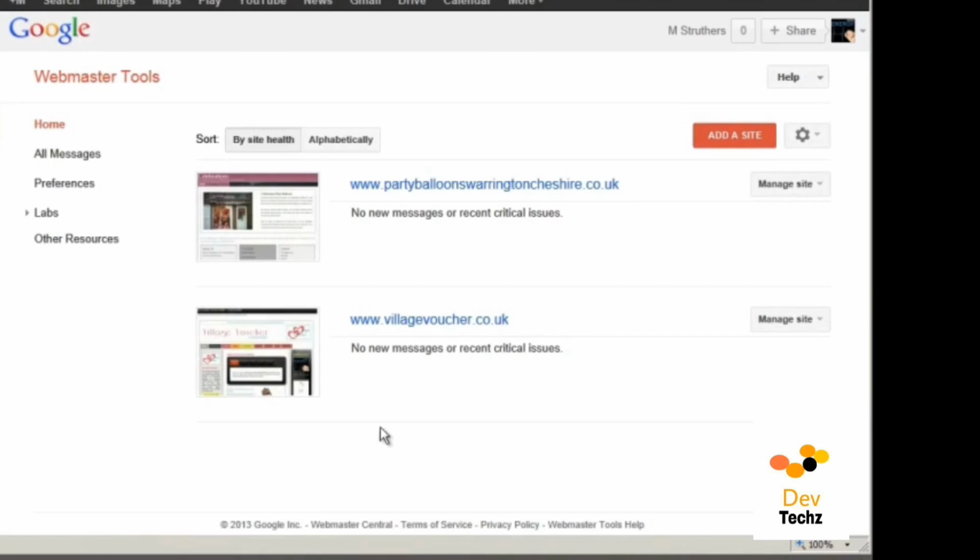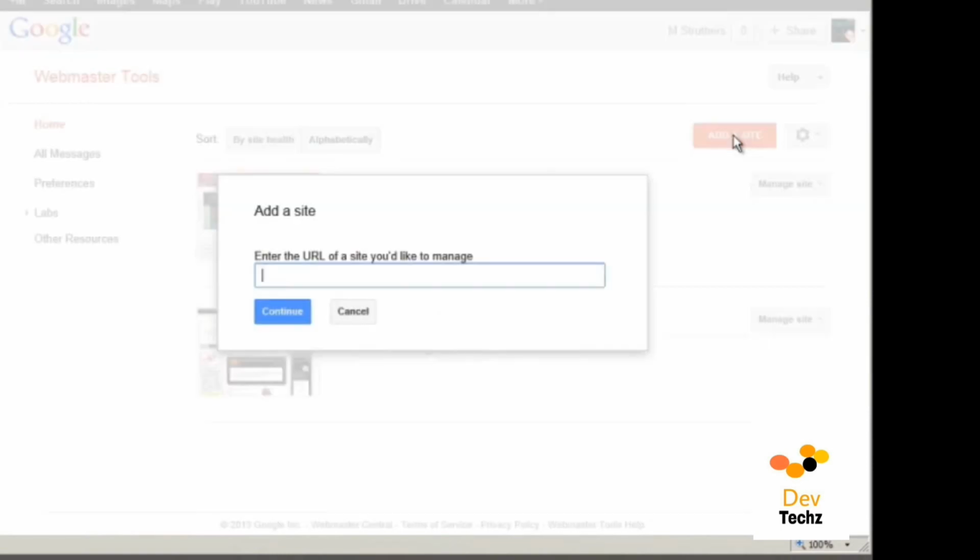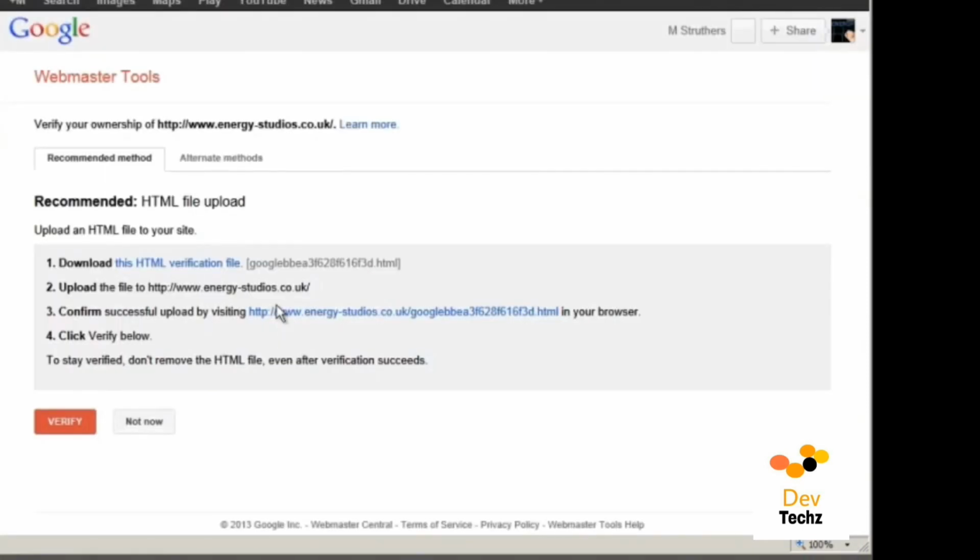Now what I want to do is add my business site, so I'll click Add a Site, and then I'll enter my site's URL, www.energy-studios.co.uk, and then click on Continue. Now I have to verify to Google, for obvious reasons, that I own or administrate the site. Clearly it makes sense that if you don't own or administrate a site, then you shouldn't be able to access information about it. So because I do, it's done by adding some code to our home page. So I'd need to click the link here to download this